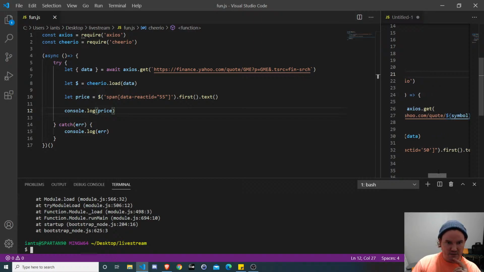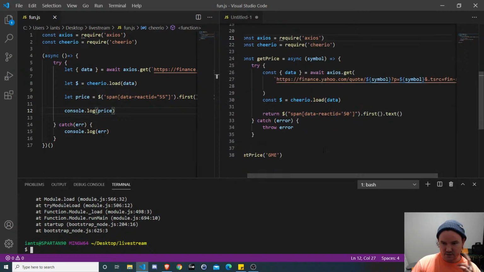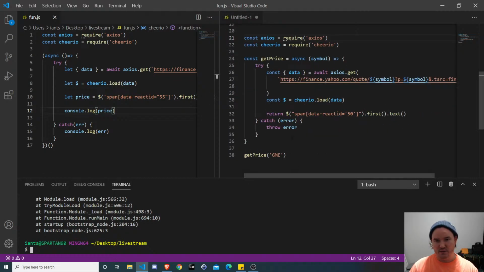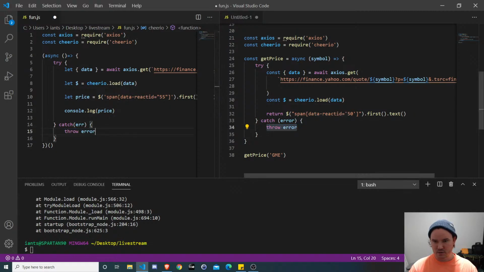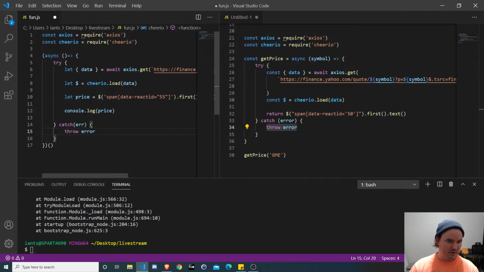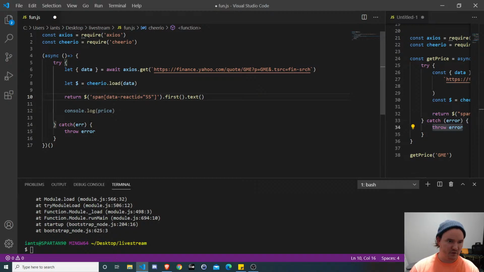We get the data, and then, it's my little cheat sheet over here, we load the data, and then, oh yeah, hold on, I think, let's go ahead and return this. All right, let's try it a different way. Get rid of that for a second.